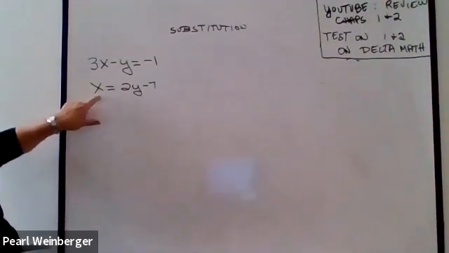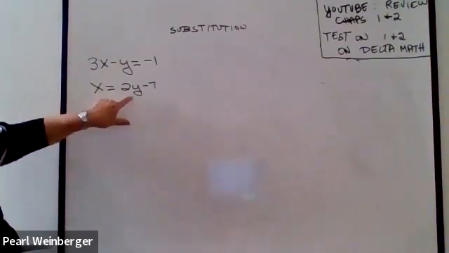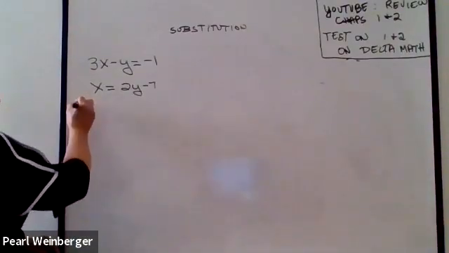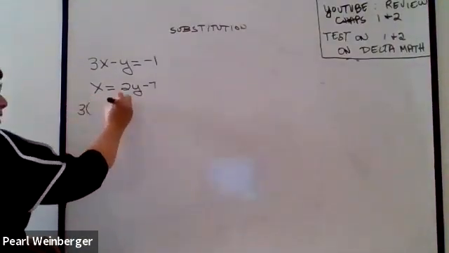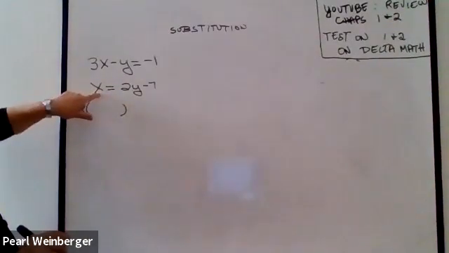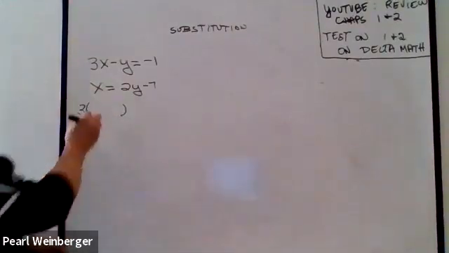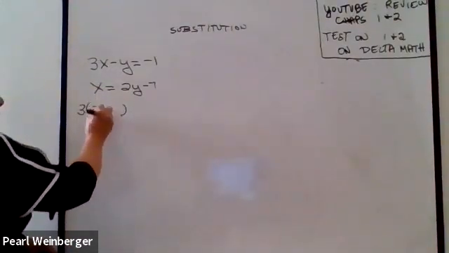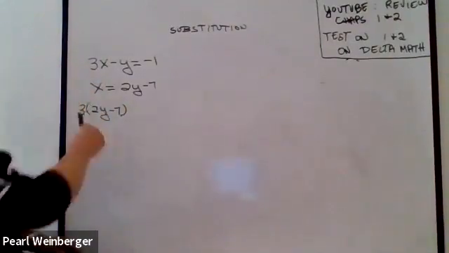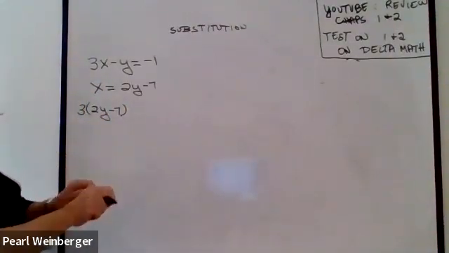In other words, another name for x is 2y minus 7, which means in my first equation, it says 3x, and in place of the x, I can put the 2y minus 7. Another name for x is 2y minus 7. I can use them